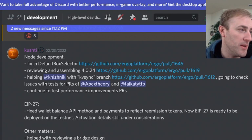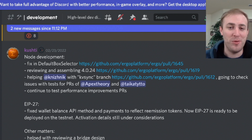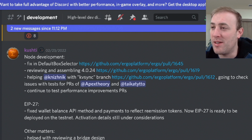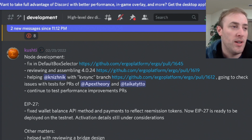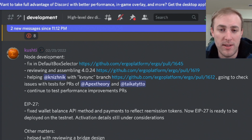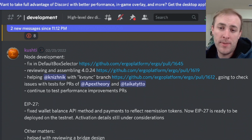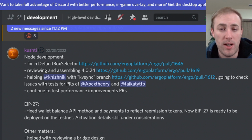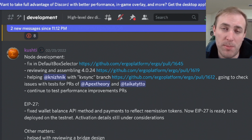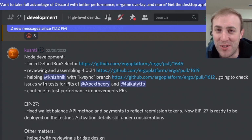Now, those of you that say, I thought he was already working on it, he was. We have DevNet. So hopefully, things are solid enough on DevNet. It moves to testnet, we try to play with it, and if all is good and the vote passes, that rolls out to mainnet. It looks like the activation details are still under consideration. It looks like there's also going to be some accompanying documentation. I haven't really spoken much on EIP27 because I'd like to see the documentation first so I know what